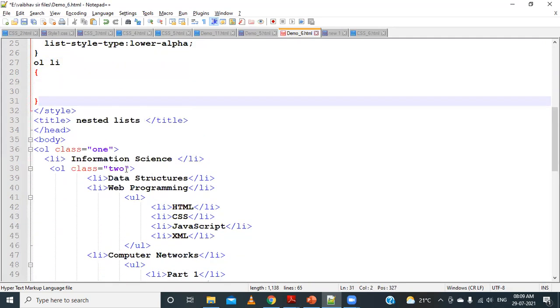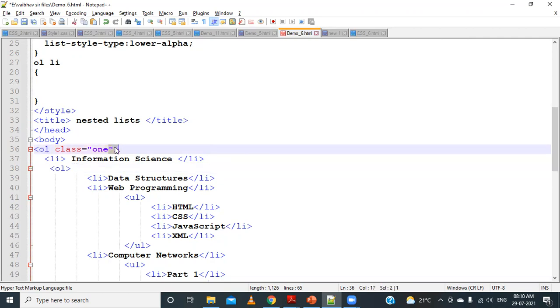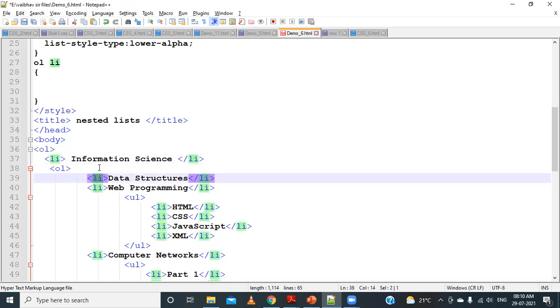So I will remove this one for the time being, and this also I will remove. So here there is an OL, and inside that we have the list items.